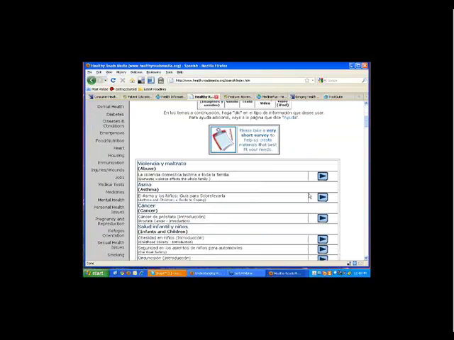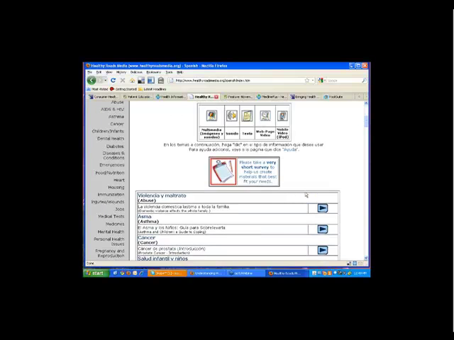So if you have a clinic, you can actually have an iPod that has these resources downloaded right on that iPod, and you can hand that iPod over to a patient or a client, and they can just sit there in your office without any internet connection and listen to the kinds of information that you want them to hear.